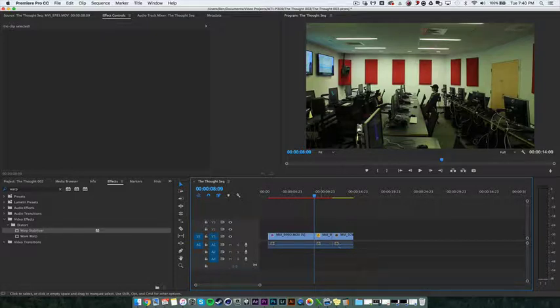Done. There are two positions that we need to do. Position A, which is at the beginning, and position B, which is at the end. Position A is when we're over here. Position B is when we're on the guy. We don't have to think about the in-between because the program is going to create it itself. So let's make position A. To do so,